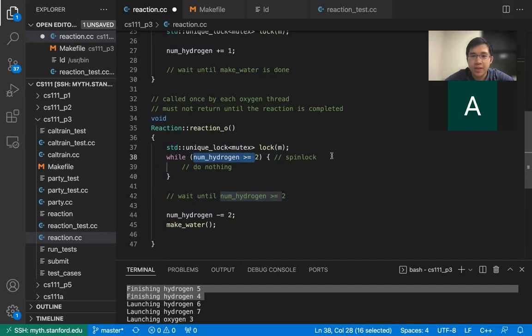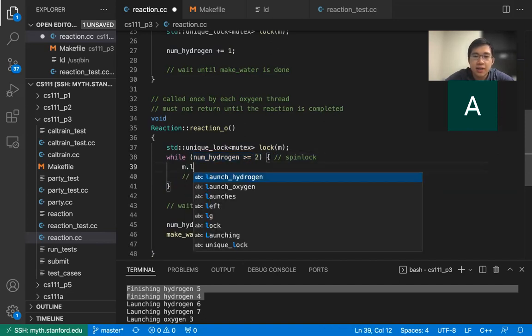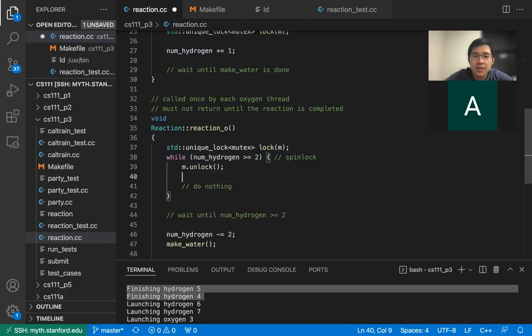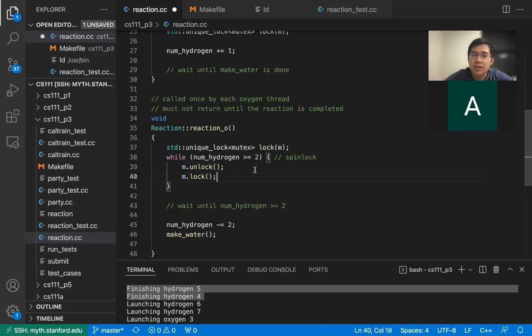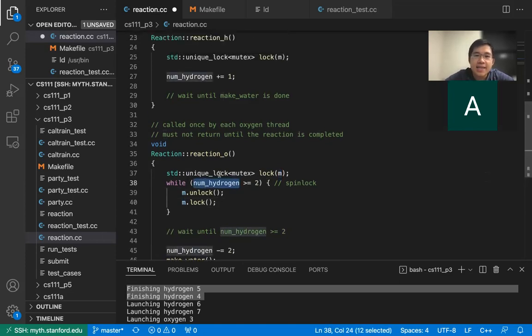So you learned in section that a more efficient alternative is to change this into a condition variable, right? Oh, I guess you have to do m.unlock, m.lock. Do something like this so that you're able to continuously unlock and lock this lock so that other threads are able to modify num hydrogen. Okay, but that is pretty cumbersome. So instead,